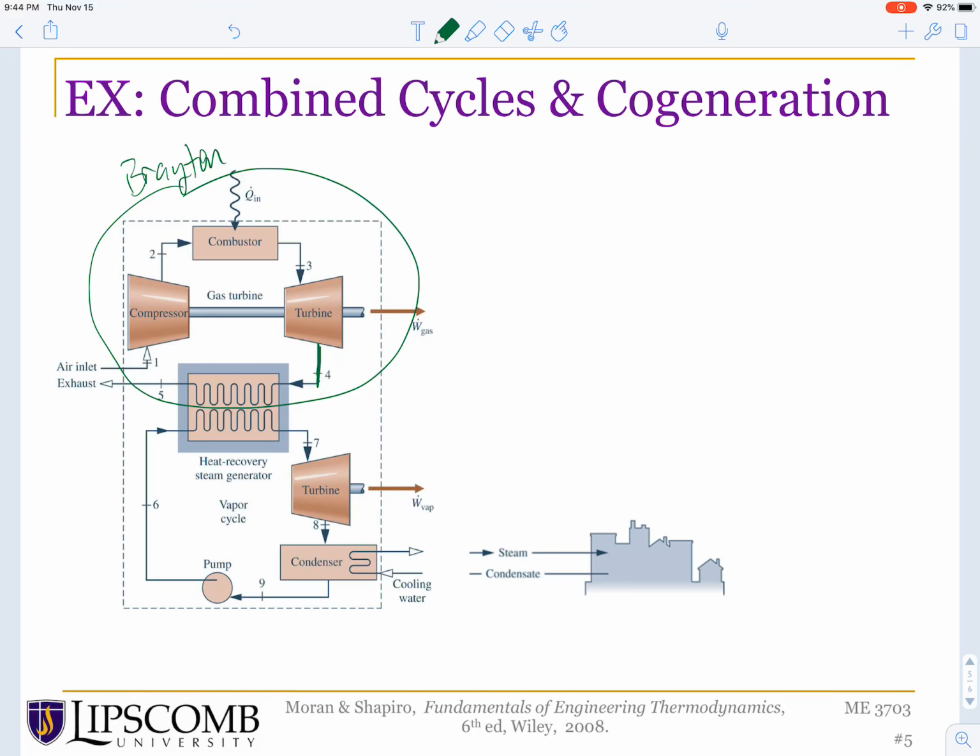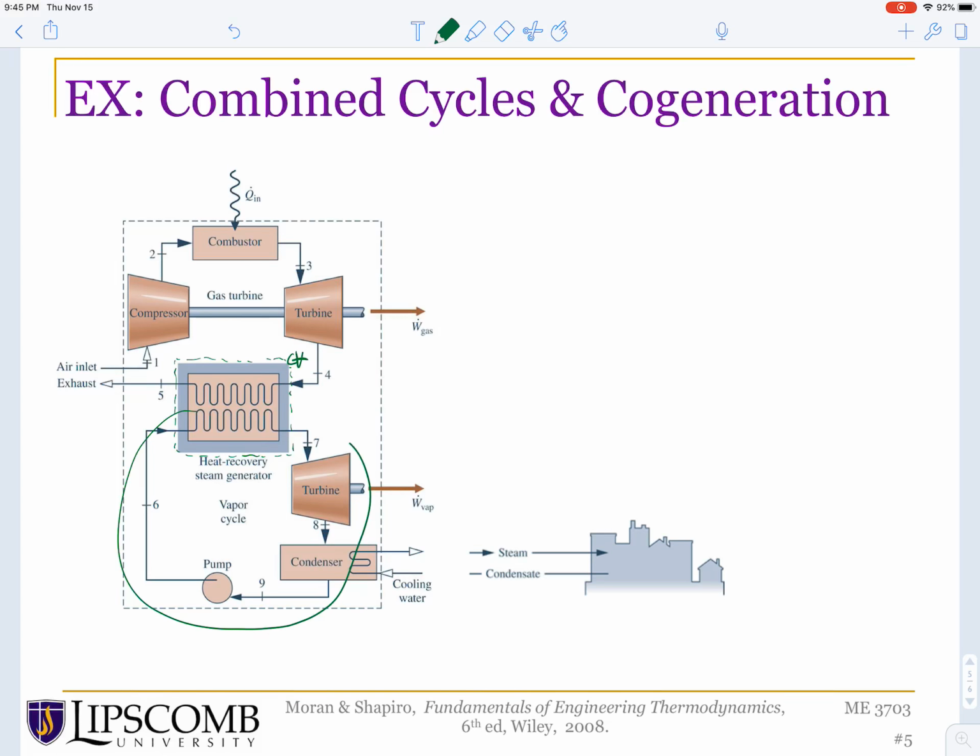Being at a high temperature, we realize we still have the possibility of converting a good amount of that to work. The second law tells us that. So what we do is we pass the air through what the book is calling a heat recovery steam generator. That's just a heat exchanger, control volume device that is then connected to another closed loop, which is a Rankine